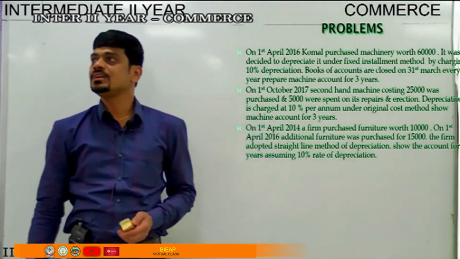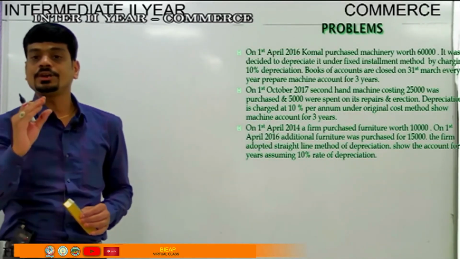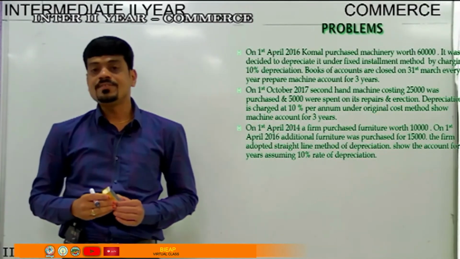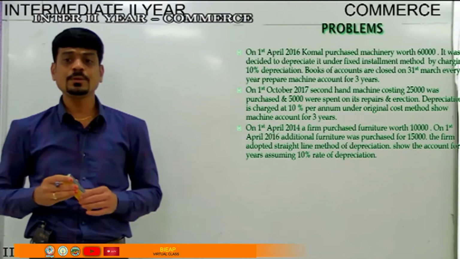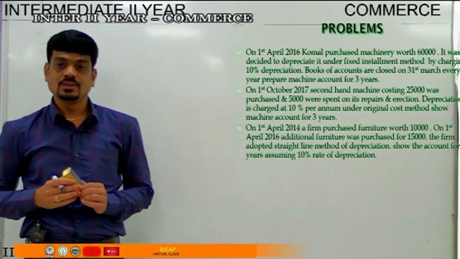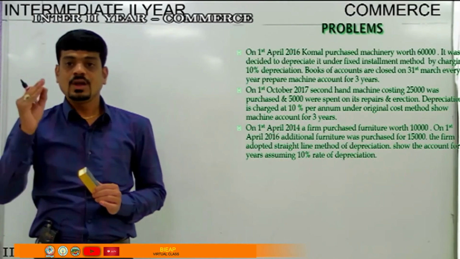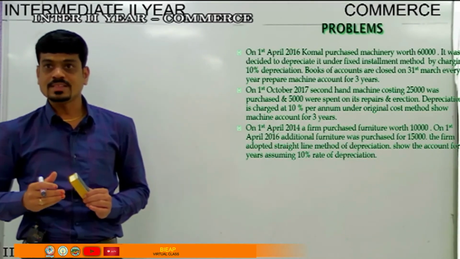In the second question, if you see, when did we purchase the machine? We bought it on 1st October. For how much? 25,000. And how much have we paid for repairing it? 5,000. So total cost is 30,000. How much is the depreciation again? 10%. Which method? Original